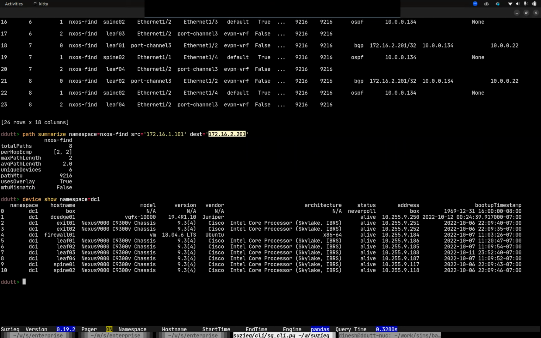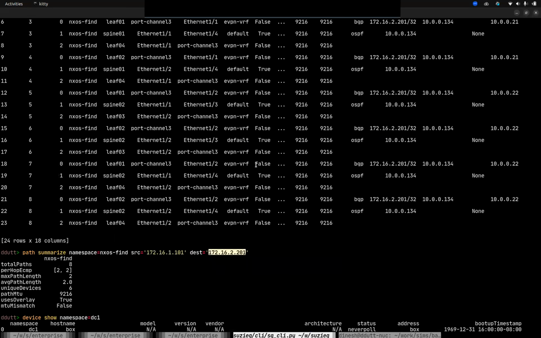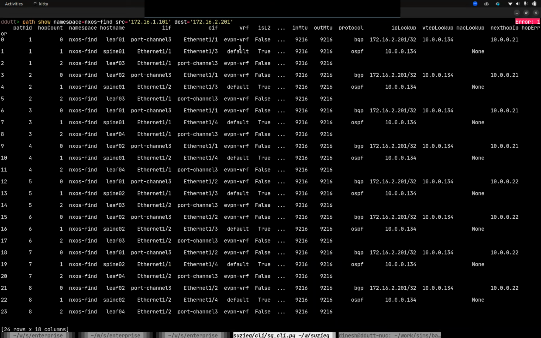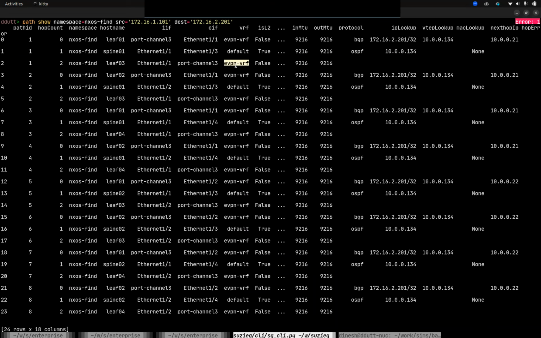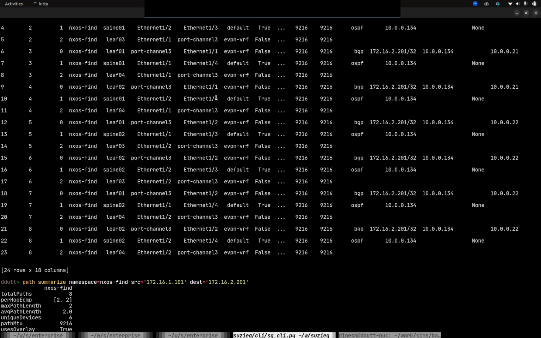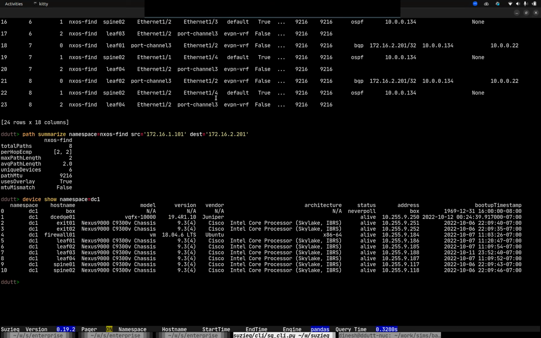And there also we can do things like specify the host name. So if you notice in here, I don't specify the host name, I don't specify the VRF. We figure out all of that information. If you notice here, we figured out the fact that it is coming in on EVPN VRF, then it goes to default, and then there is EVPN VRF again. All of this got figured out without you getting involved about specifying anything, but we could use those to narrow